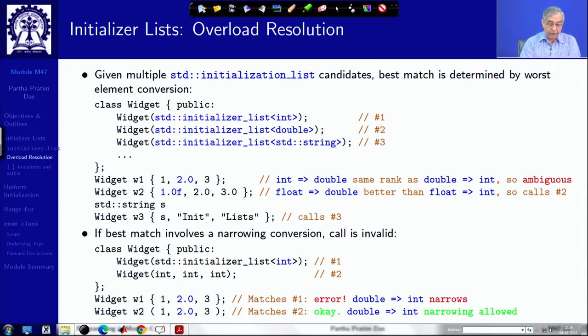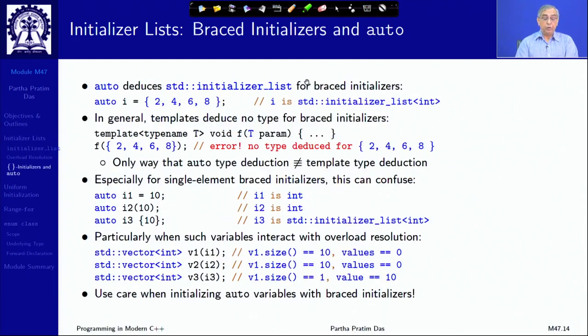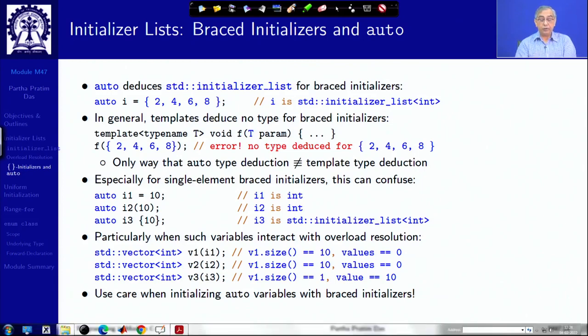Whereas, if you use 3 values within curly braces, within parentheses, then by overload you are binding to the second constructor, where the narrowing is allowed, and that will compile and W2 will get constructed, right. So, this is the difference. You have to remember that narrowing is not allowed for braced initializer, right. So, if you look at it with auto, this auto we have seen earlier also will deduce